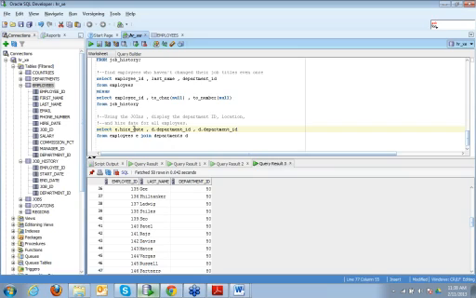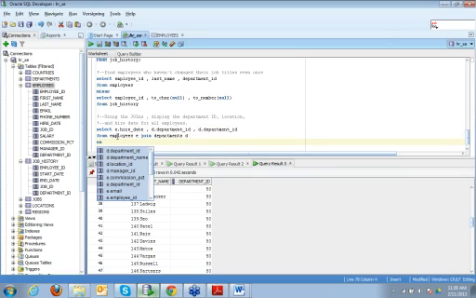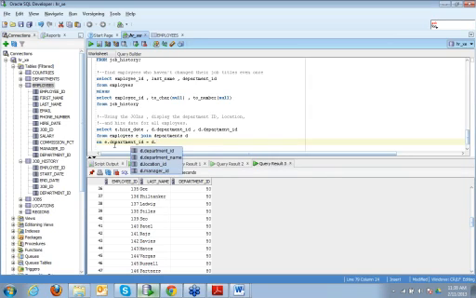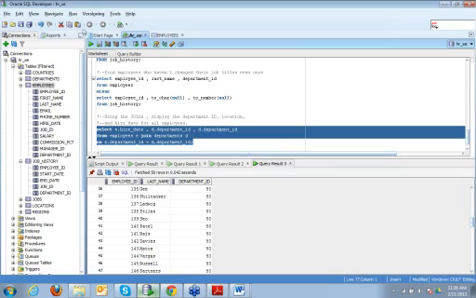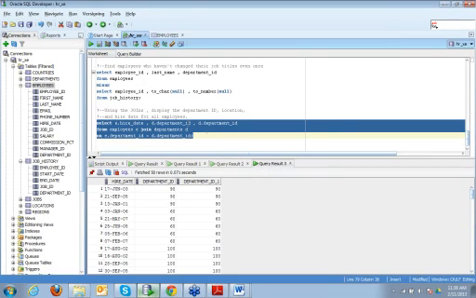And what is the joining condition? What is the common column? That is the department ID. So I would write E dot department ID is equal to D dot department ID. Okay. And let us run this query.